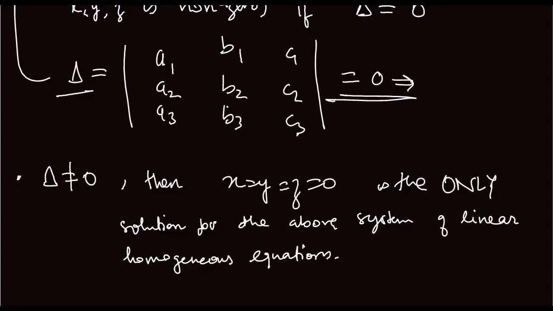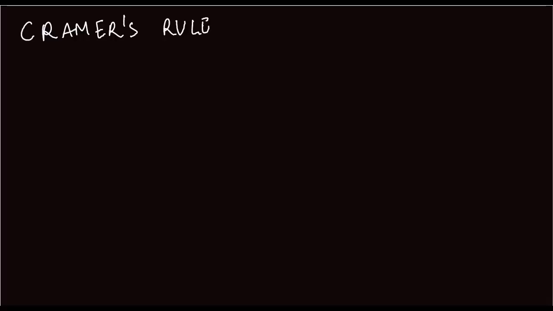Fine. So this is about when delta is 0 and when delta is not 0. These are the two conditions. Next is Cramer's rule, which is also one of the favorite topics for JEE examiners. Cramer's rule states that the first condition, if the determinant is not equal to 0, then